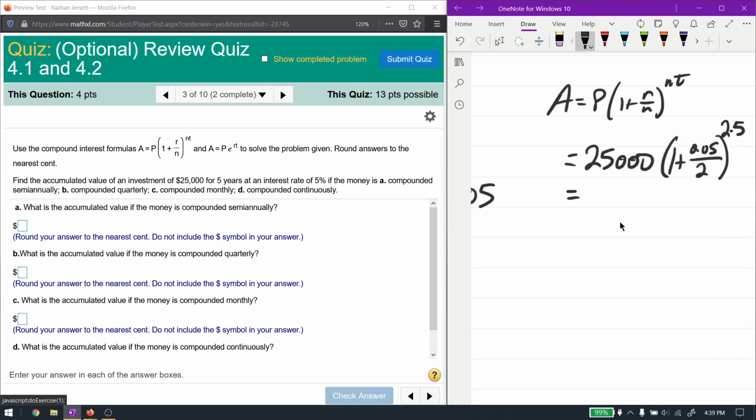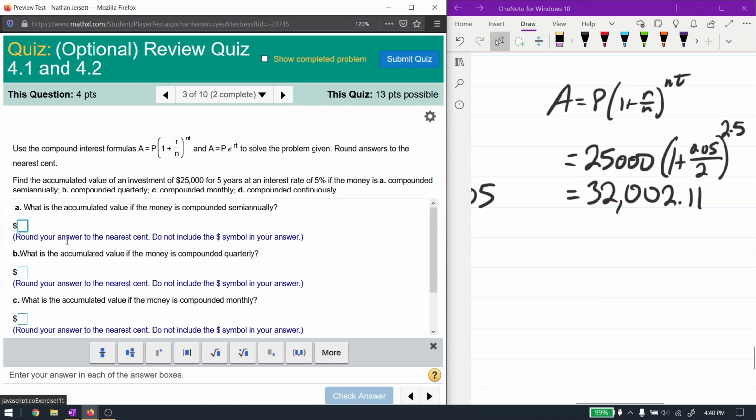And doing that, for the first one, I get $32,002.11. I'm going to round to the nearest cent. And that's from the starting amount of $25,000. So we gained about $7,000 by doing that. 32,002.11. Okay, the next one, the only thing that's being changed here is N equals 4,